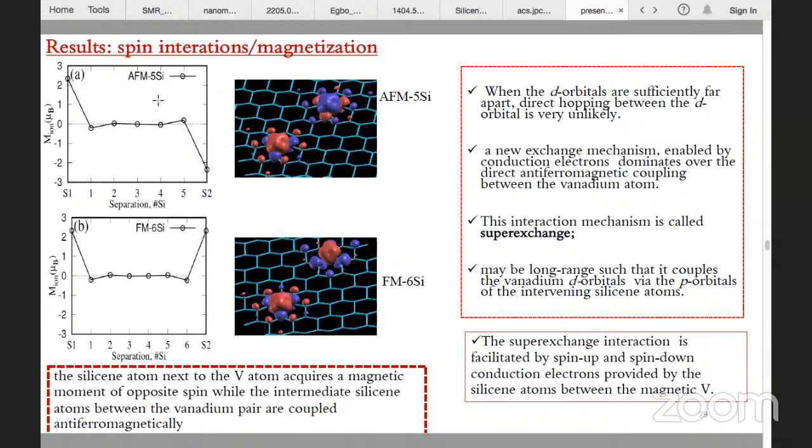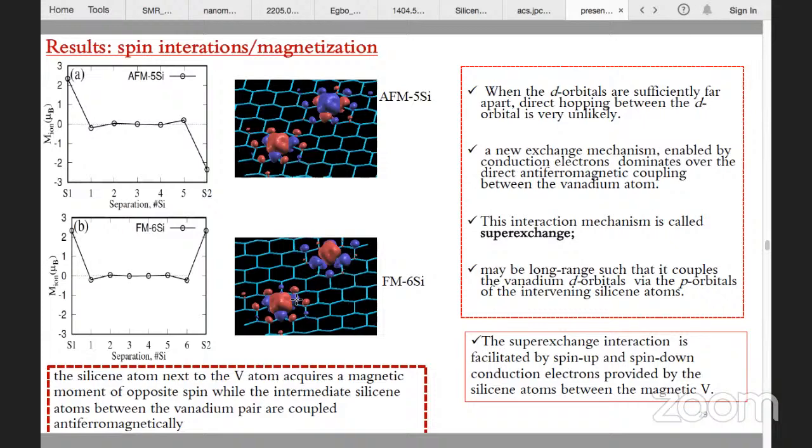So we did that for a configuration that has just 5 atoms here. In this case, the vanadium atoms are antiferromagnetic, they have different orientations. Here they have the same orientation, but we see the same thing, in the sense that the vanadium atom induces magnetization of opposite spin next to it, and that propagates as you go in between them. When you have this magnetization of the atoms in between, that means the vanadium spin centers are able to interact in a way. This kind of interaction is called the super exchange interaction, and is